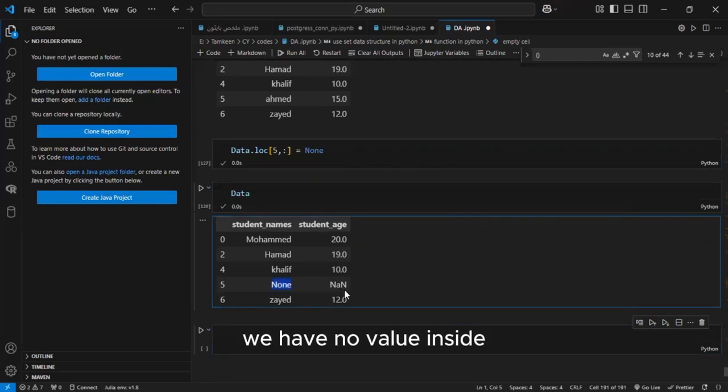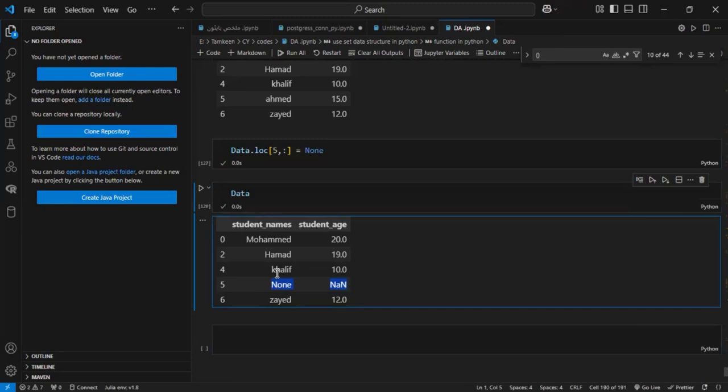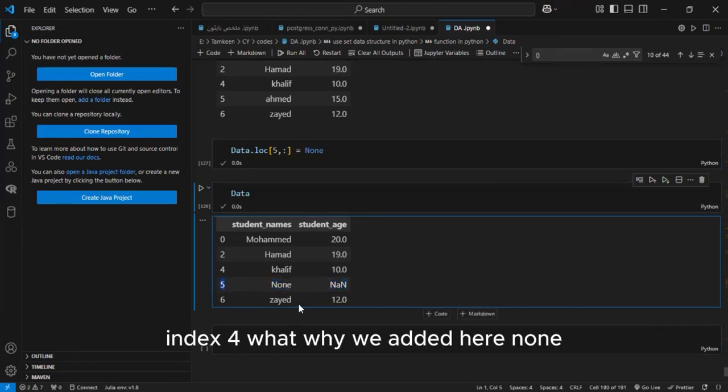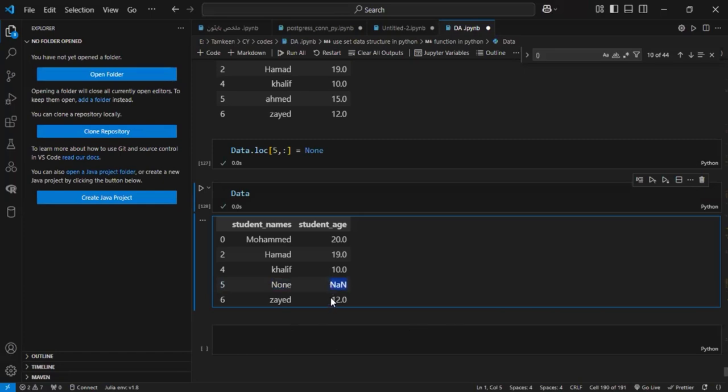We have a none value inside index 4. But why did we add none here? I think